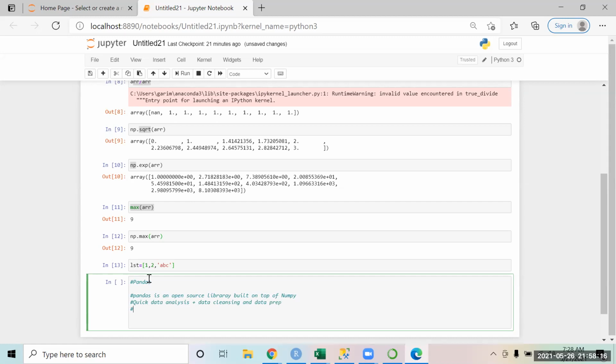And pandas has some quick advantages. It is super fast in performance, and I will say productivity. If you're working over there, we can say it's super fast in performance and productivity. Pandas also has, I will say, visualization features.